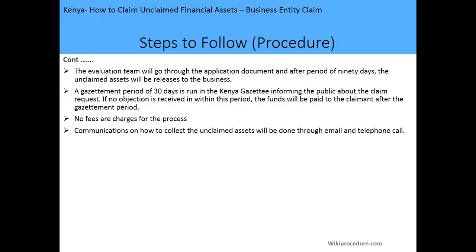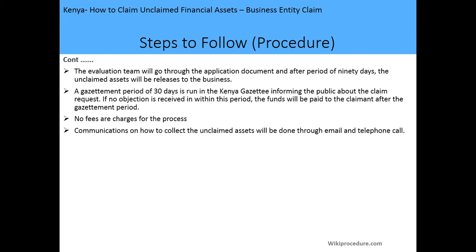So once you have submitted all the required documents and the application form, that's the form 4C, the evaluation team will go through the application document, and after a period of 90 days their claimed assets will be released to the business. You need to note that a gazettement period of 30 days runs concurrently with the 90-day period, and the gazettement will run in the Kenya Gazette,